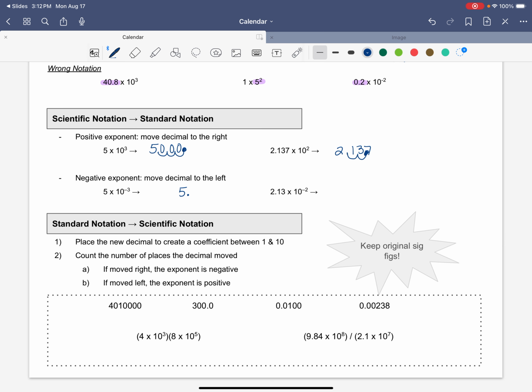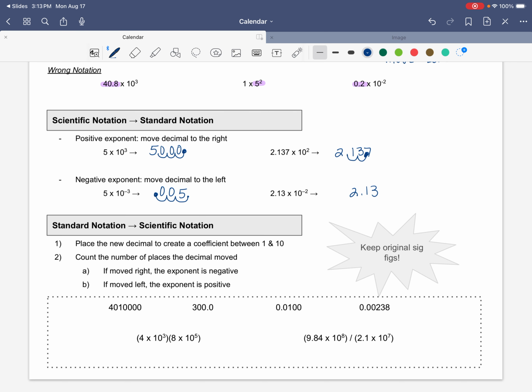So my decimal is here, and I'm going to move it 3 places to the left in order to make it a smaller number. So 1, 2, 3. In my empty loops, I'm going to fill in my placeholder zeros. Okay, and then with this number,